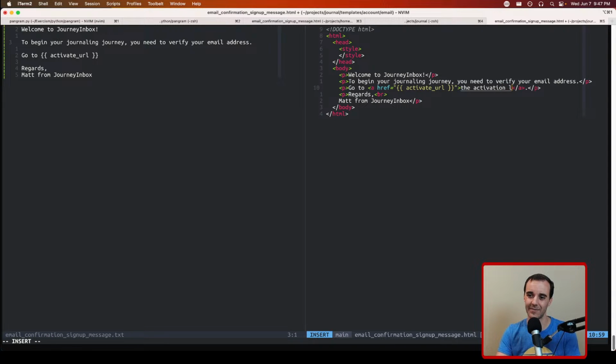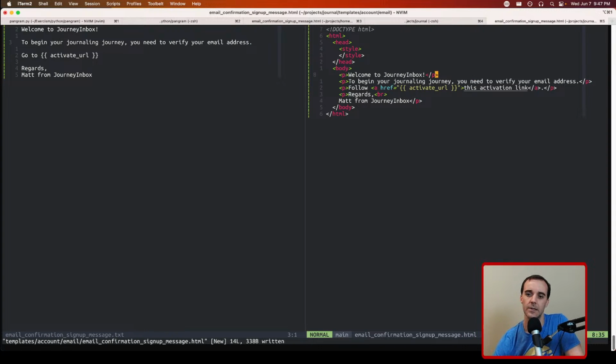Or, it feels weird. Let's say, follow this activation link. What do y'all think? Does that seem okay? And there are also paranoid people out there that like to see the actual URL. So maybe